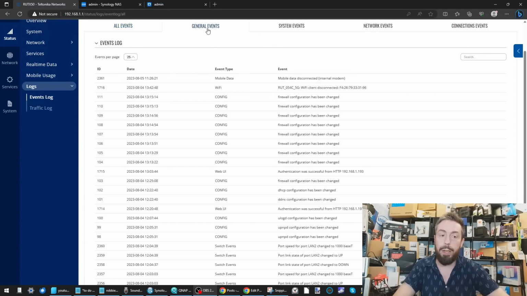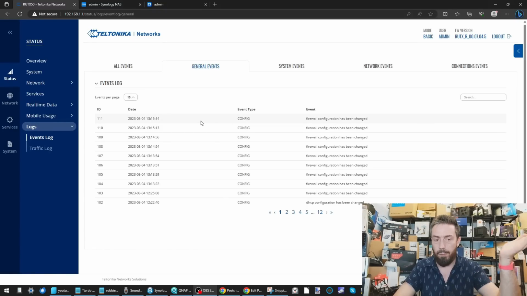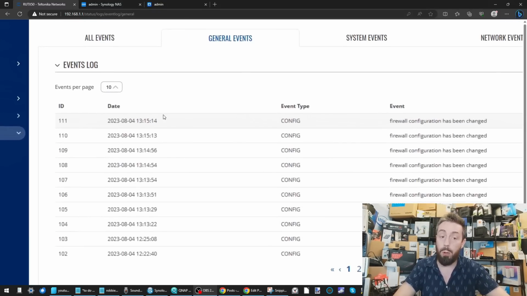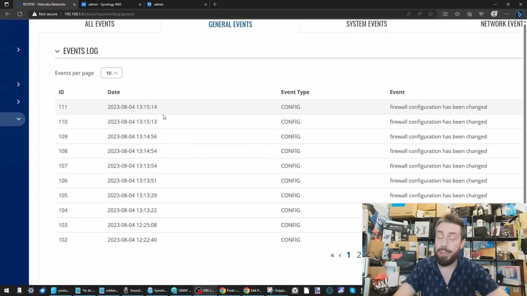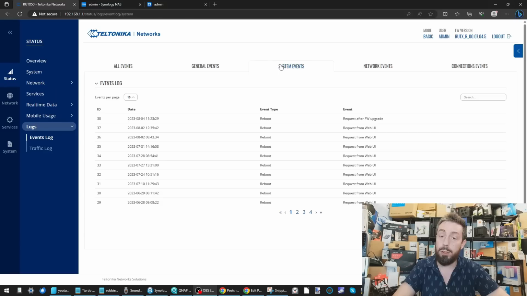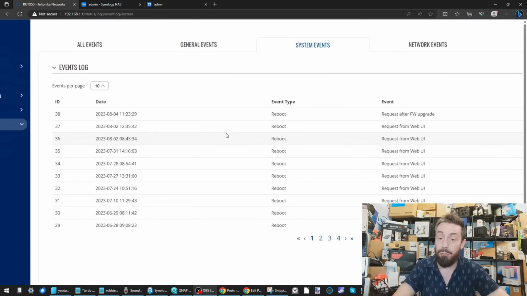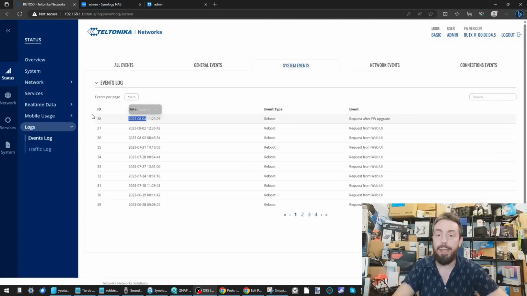Now, if we move up, we go into the general events. There's not really anything to report. In the general events, all we saw was, again, all of those changes that we implemented on the 4th of August. Moving on to system events, the router itself made requests early on with the firmware update, but again, we didn't allow that later firmware update revision to be used then. Again, on the 4th, the day we left.